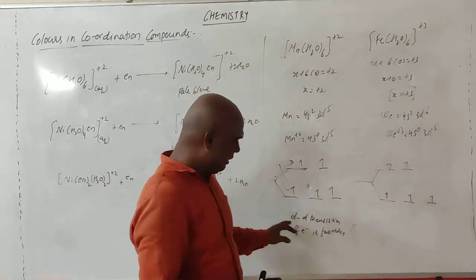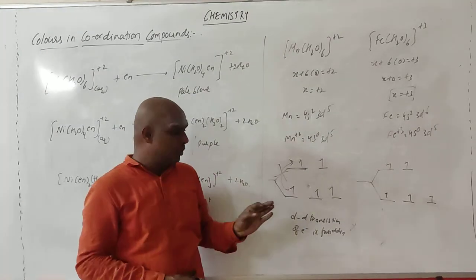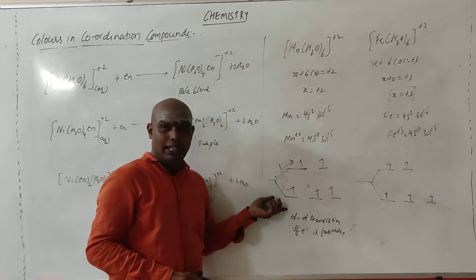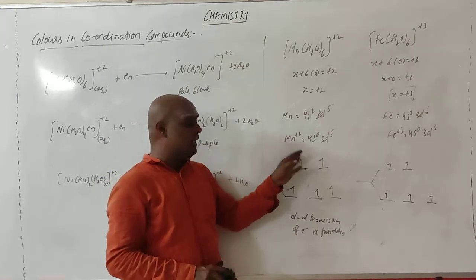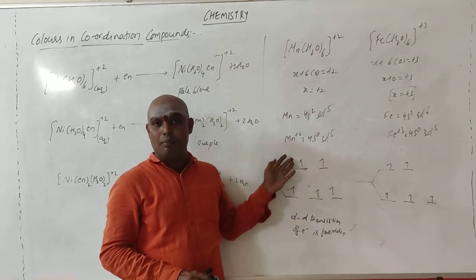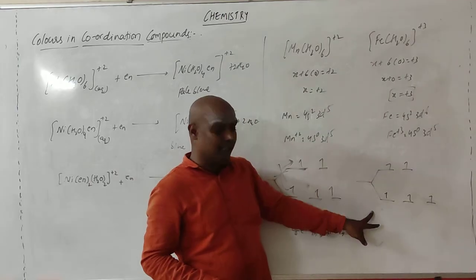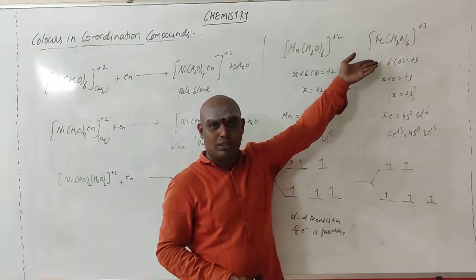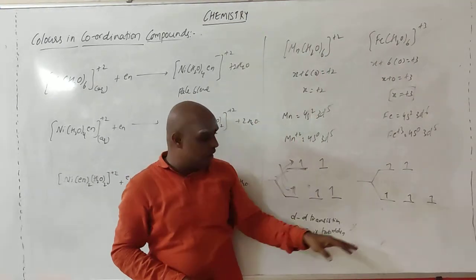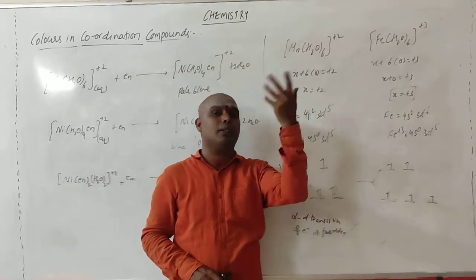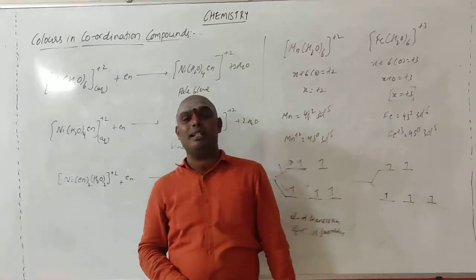Don't go for that. Up to here, remember, even if it is a weak field ligand, all the orbitals are filled with one electron each. If you provide some amount of energy, the electron in the lower energy orbital will not shift to the higher energy orbital, because an electron is already present. So the color in this compound is not due to d-d transition. In this complex also it is the same case. Here also you have some color in this compound, and that color is not due to the excitation of an electron from lower to higher. That is due to metal to ligand or ligand to metal charge transfer. But in this condition, d-d transition is forbidden.